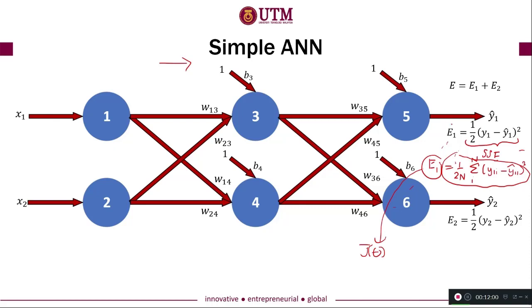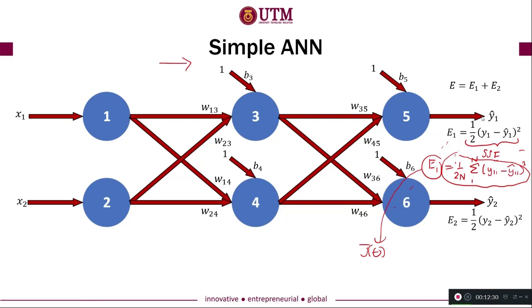In my simple artificial neural network, you only have two outputs, Y1 and Y2. But later when you want to design your own artificial neural network, for sure if you talk about 3 classes, you will have 3 outputs. If you want to design 4 classes, you will have 4 outputs. So meaning that